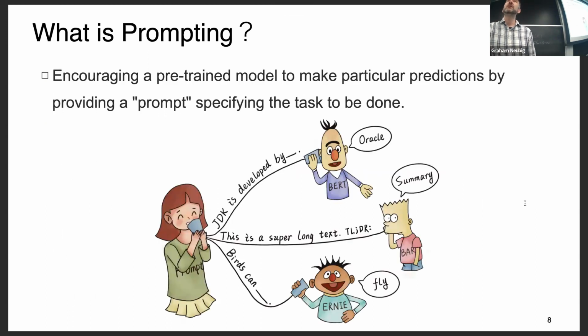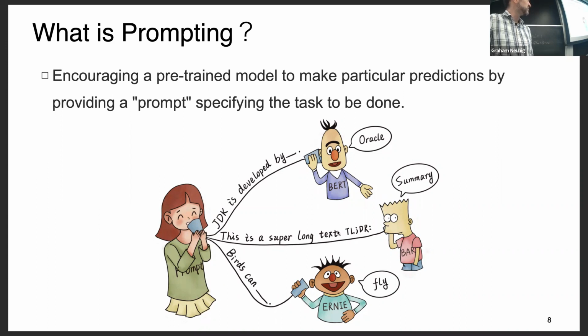And so basically, the idea of what prompting is, it's encouraging a pre-trained model that was trained on a different task to make particular predictions by providing a prompt specifying the task to be done. And so, giving an example, we could take a large language model and prompt it with JDK is developed by, and it would output Oracle.